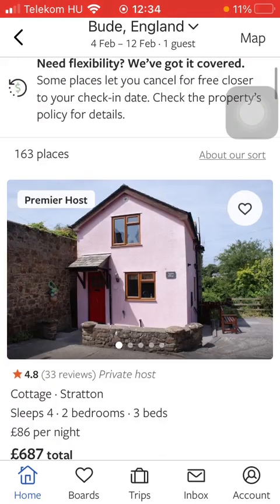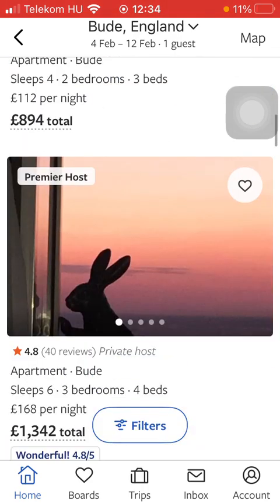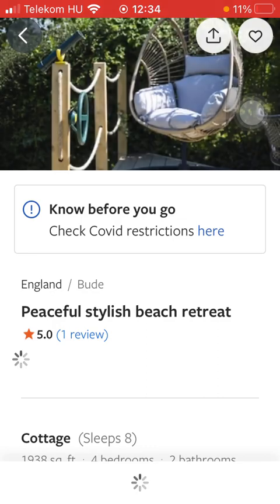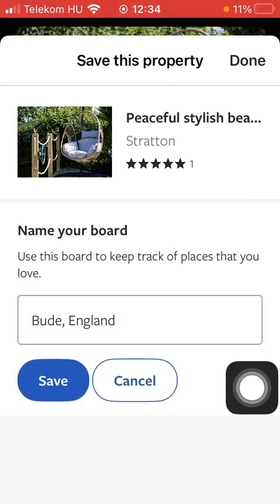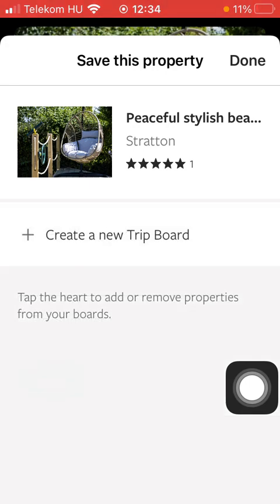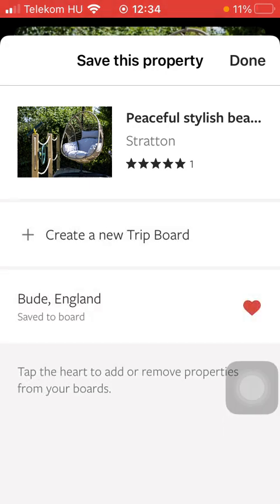selecting your apartment that you would like to save for later, tap on it, and at the top you can see this heart icon in the upper right corner of the screen. So you can save this property and tap on the save button down below, and here you can see it's